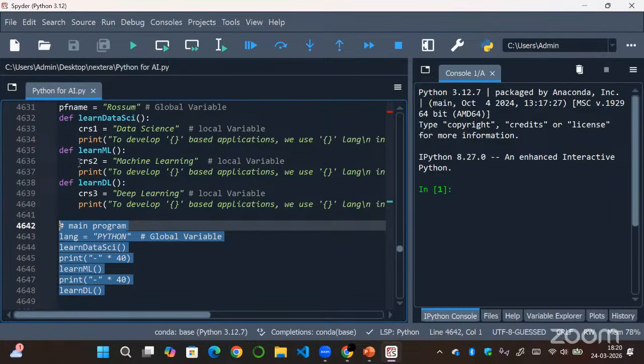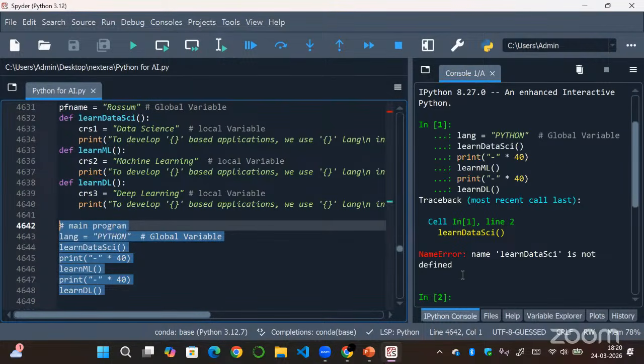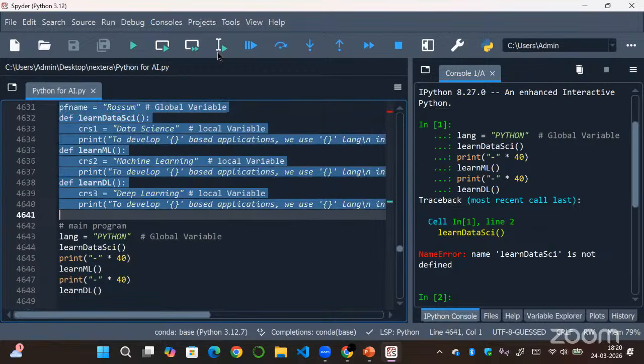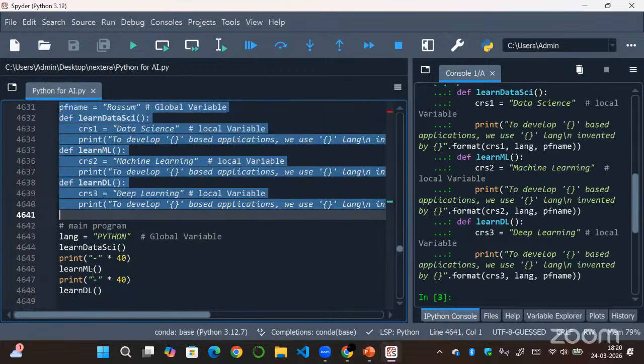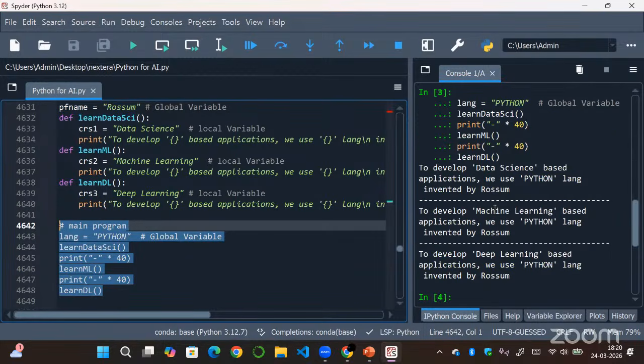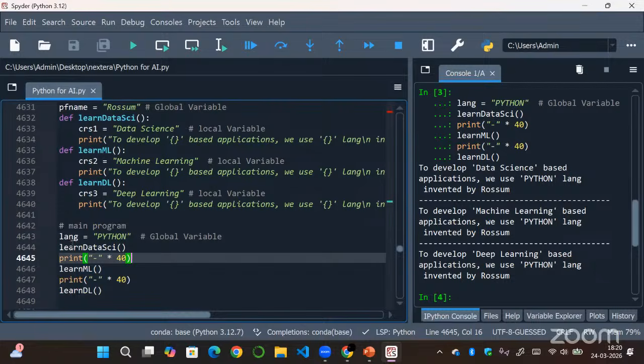So that is CRS1, CRS2 and CRS3. So if I run this, first we need to define our functions and then we need to run our main program. So now let's run the program, and what happened here is